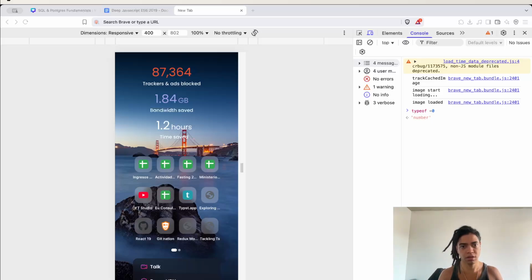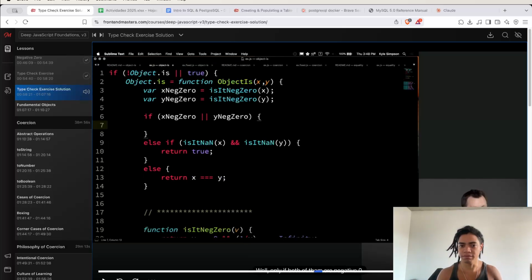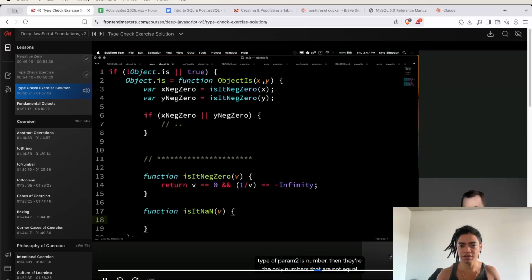That's all. And here it defines now two functions. One of them is the negative 0, and the other if it is NaN. Exactly. Why? If it is Number.negative 0